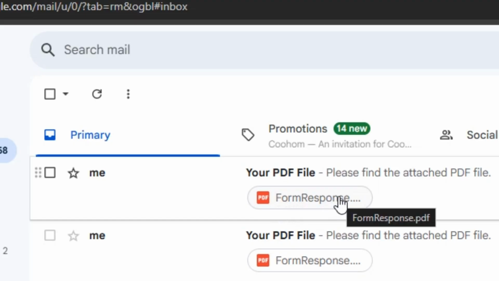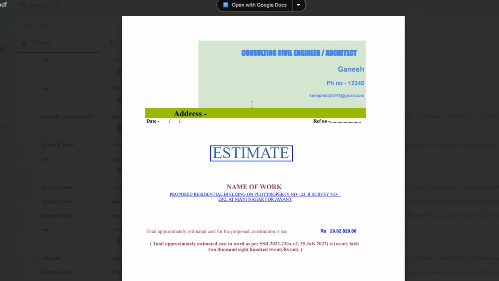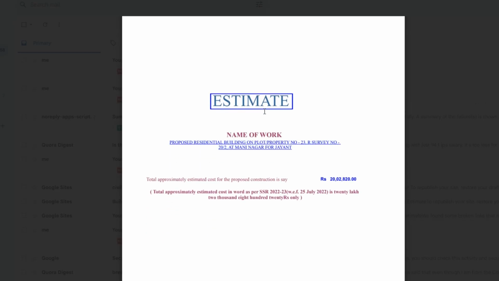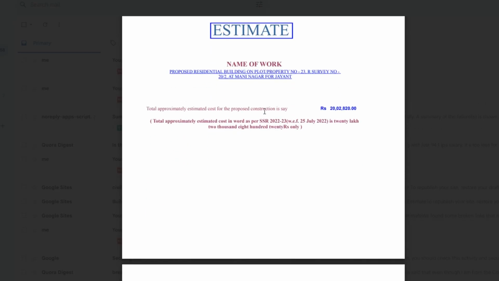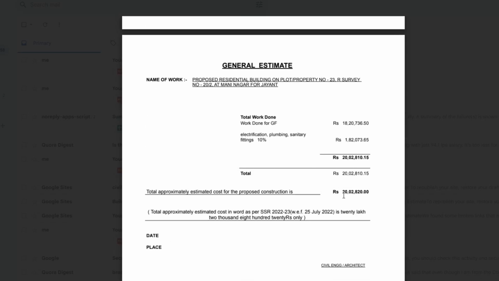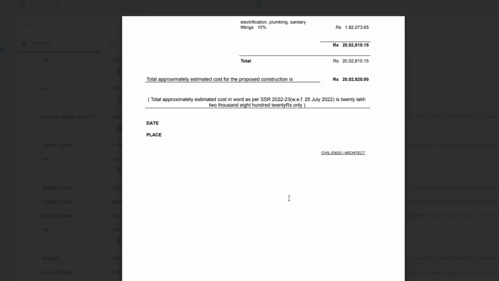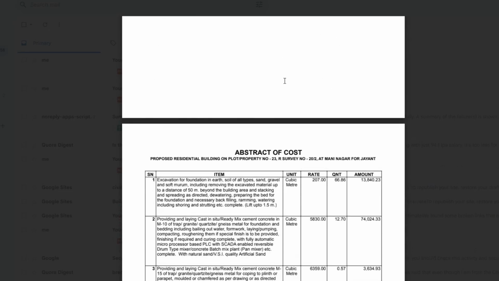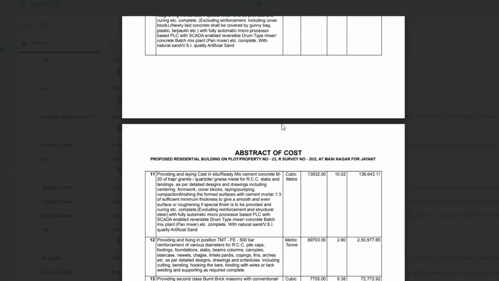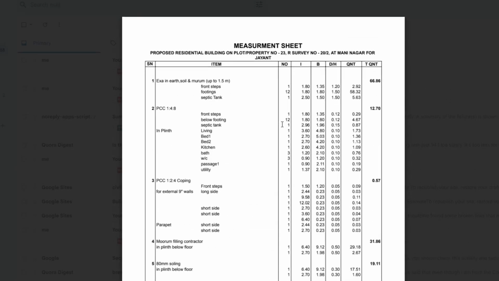See our email file. Here, first page, it is sample letter pad. You can paste here your logo. There is a second page. You can print this page on your letter pad. Face page. Now disbursement schedule is there. General estimate is there. Electricity, pumping, all are present. Inverts also. Abstract of cost is also prepared, and measurements are also prepared.